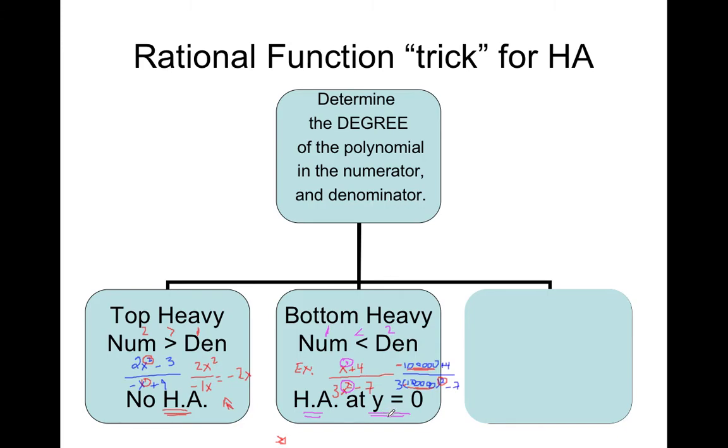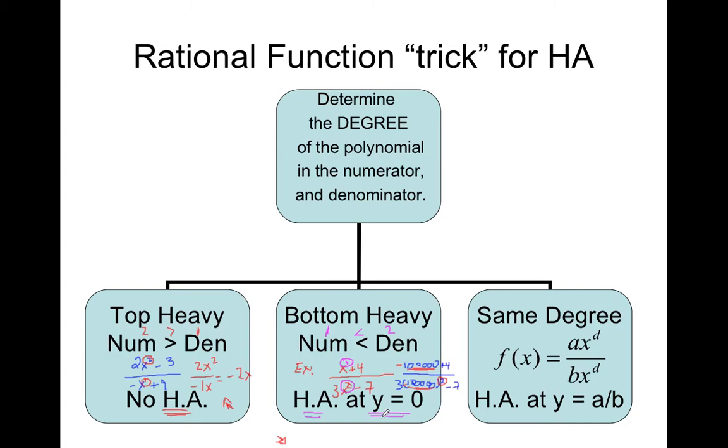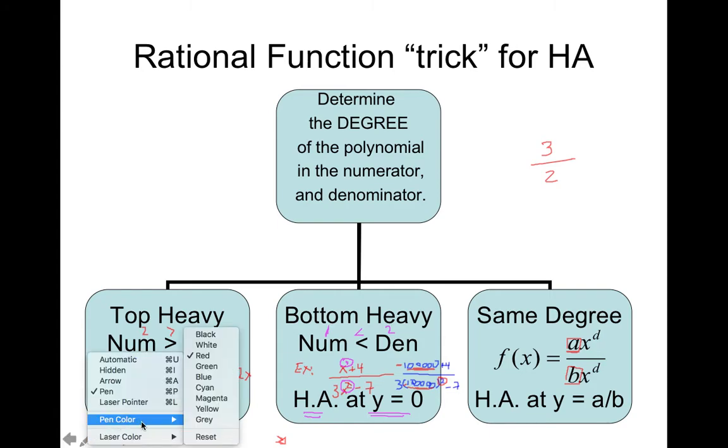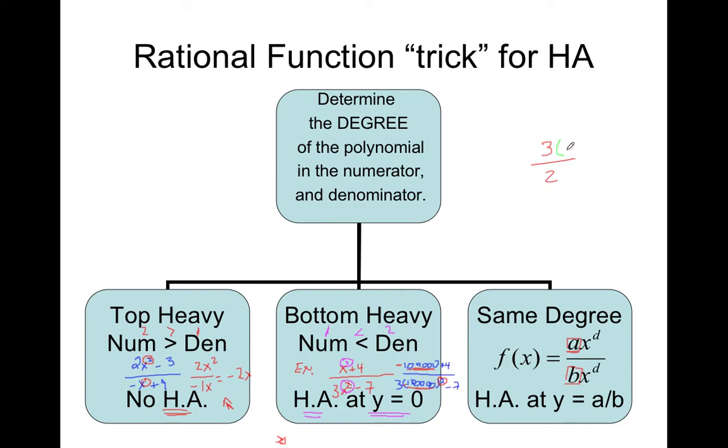So what about the only case that's left? If the numerator and denominator are of equal strength, what happens, right? Think about your math. What happens when you have 3 over 2? What ratio is that? 3 halves, right? So what happens if I put 3 times